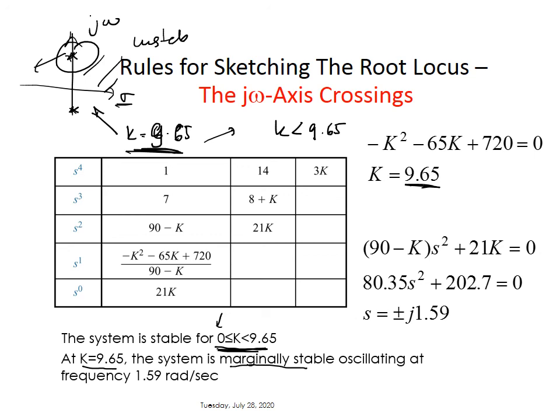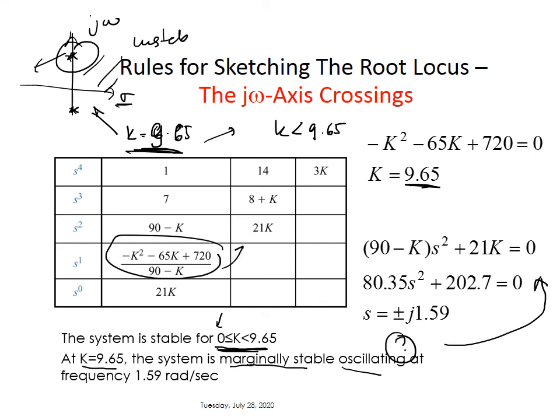So at k equals 9.65, the system is marginally stable, oscillating at, so this is another thing that you want to find out, a certain frequency. What is the frequency? In order to find that, you have to do the second part of the rules. What we need to do is go to the equation on top of this